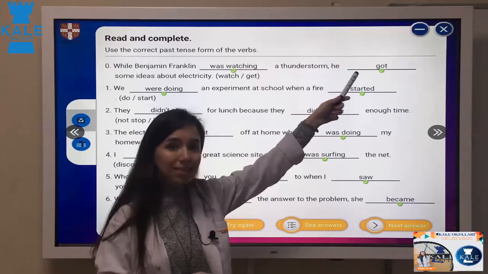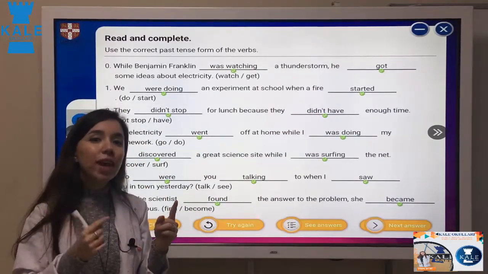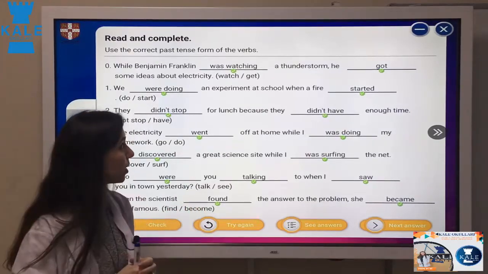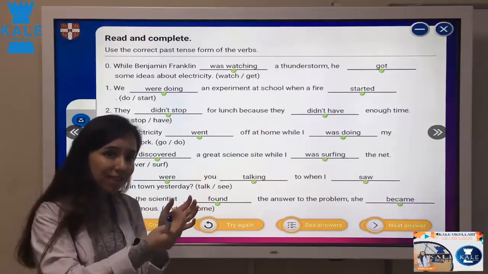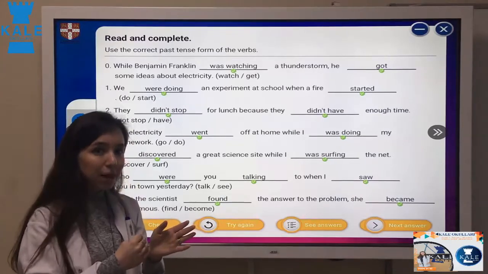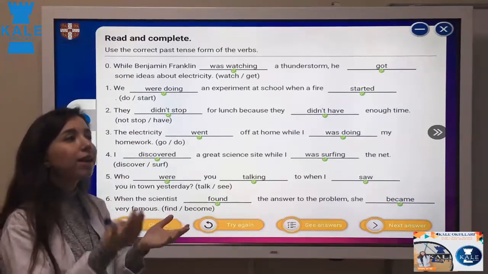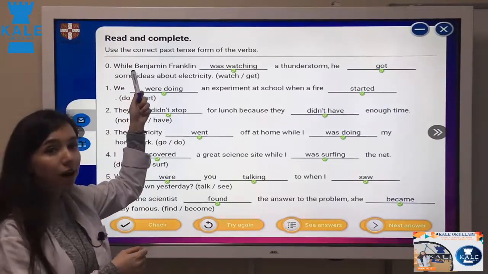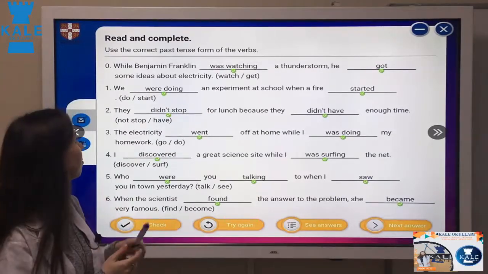Here we use past simple. So this is the way that in one sentence we can use past simple and past continuous at the same time. When you have a sentence where you have to use past simple and past continuous together, the best way to understand which is past simple and which is past continuous is to look here. If we have while, after it past continuous; if we have when, past simple.